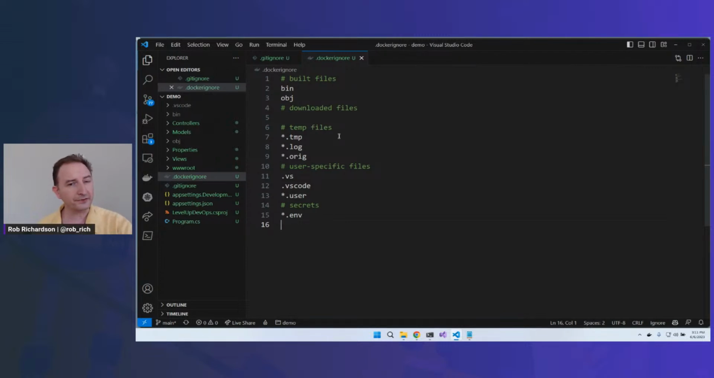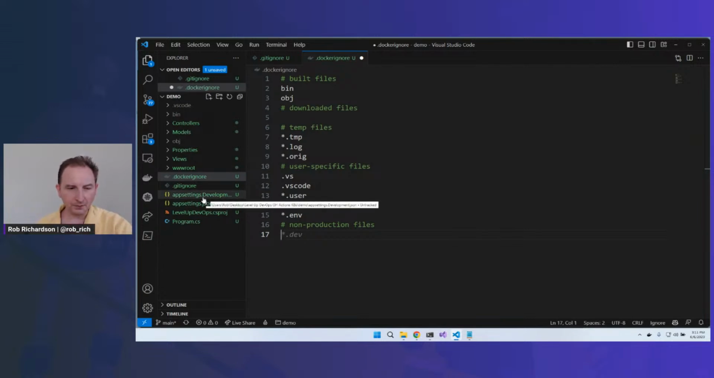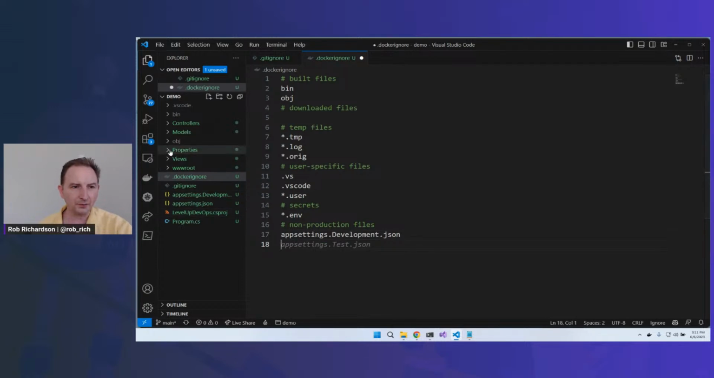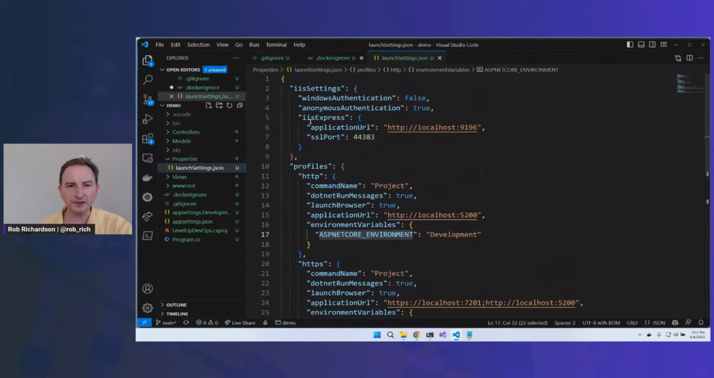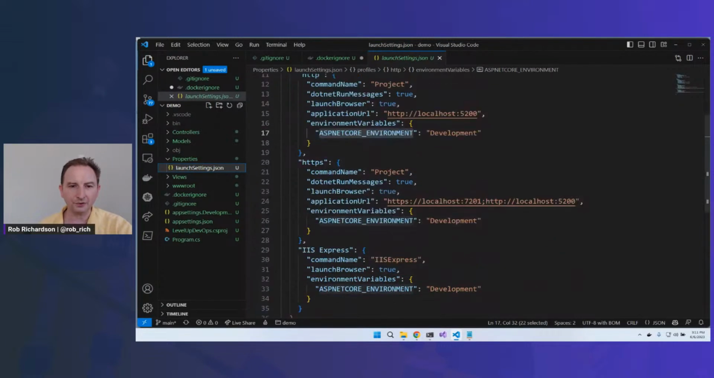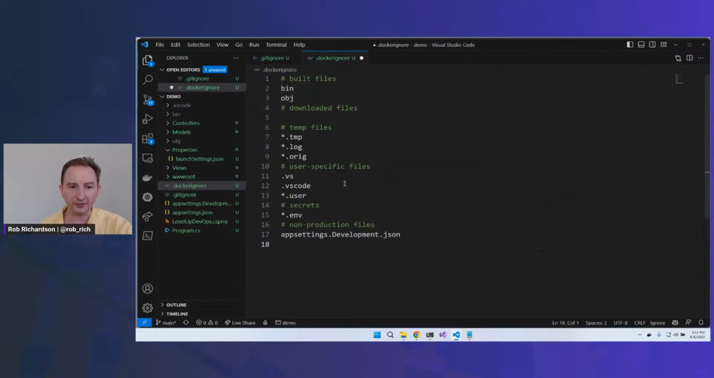But there's one more section that we want to add to our dockerignore file, and this is non-production files. Okay, so we have our appsettings.Development.json. Let's add that. appsettings.Development.json. We also have here in properties this launchSettings.json, which is all of the details that we would need to start it in IIS or run it locally. We definitely don't want that in our production container. So we'll say launch